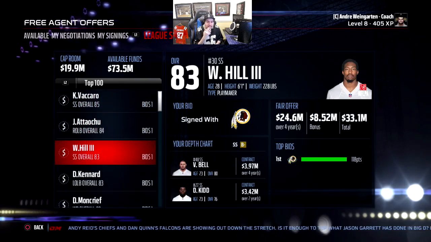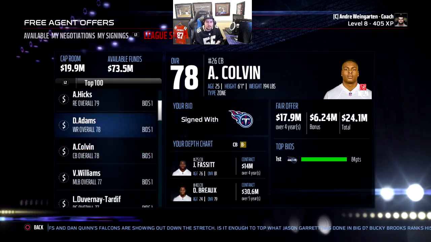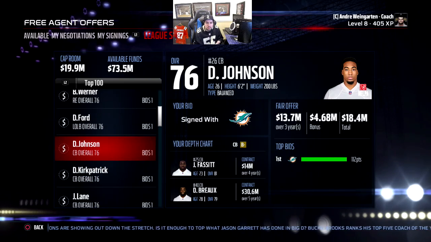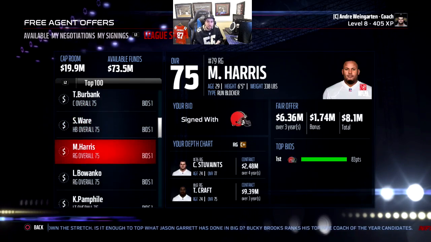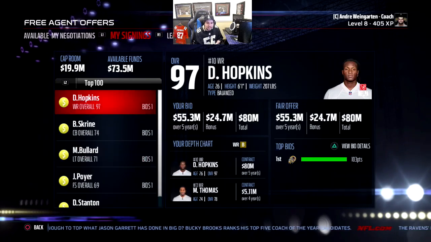Signings around the league. Okay, Nigel Bradham to the Chargers, Dion Lewis to the Bills, Devontae Adams to the Titans, D Ford to the 49ers, Dante Johnson to the Dolphins, Hageman Bradford to the Ravens, not bad, Spencer Ware to the Jets, Christian Kirksey to the Redskins,